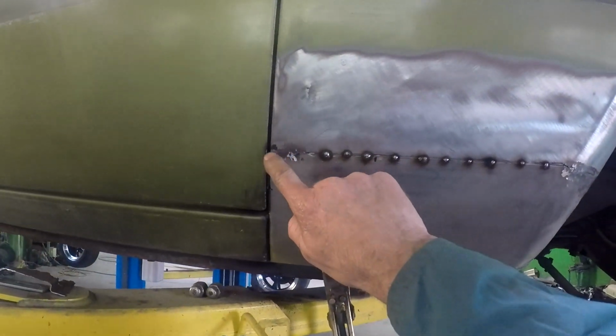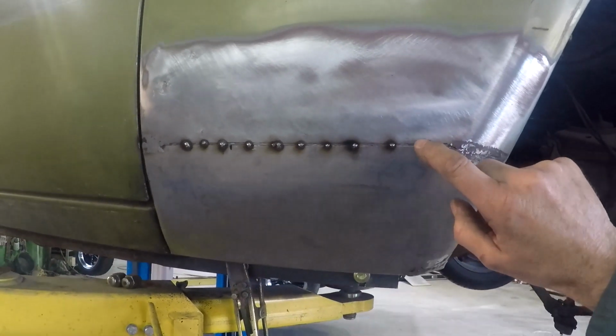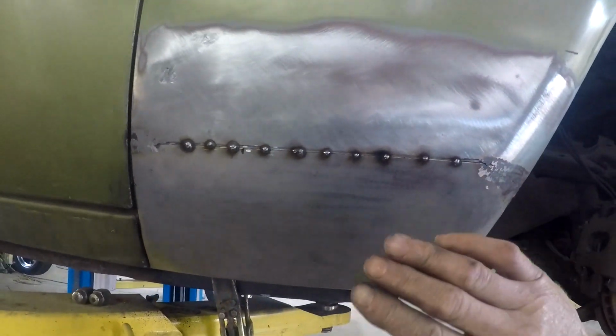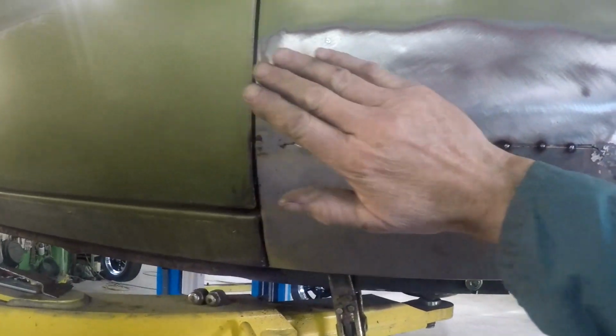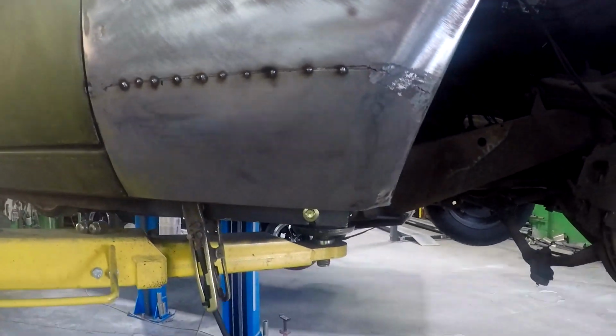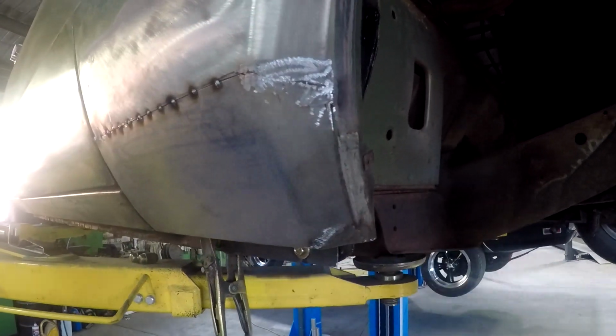Now it's roughed out. So fill stitches at the end here, keep it all stable, and then this part's the most important. I'll put little stitches and I'll start joining those up, but I'll also keep a damp rag and I'll quench it along the way, because you can pull a big woof into it, like it'll shrink through the middle and you'll have a big low spot, which we don't want. So I've just got to run a little line down the corner there of weld. I've already plug welded up underneath,